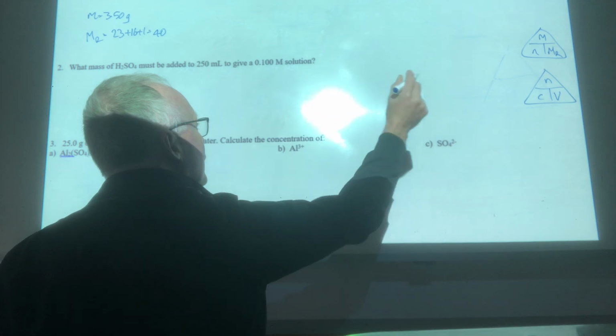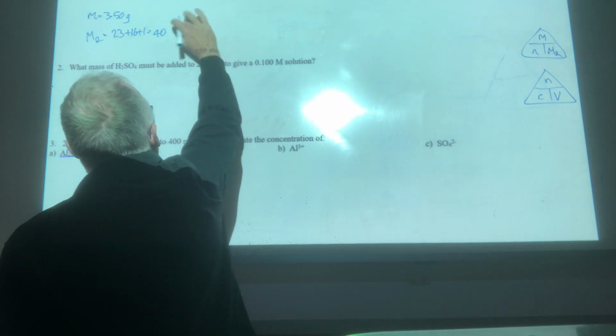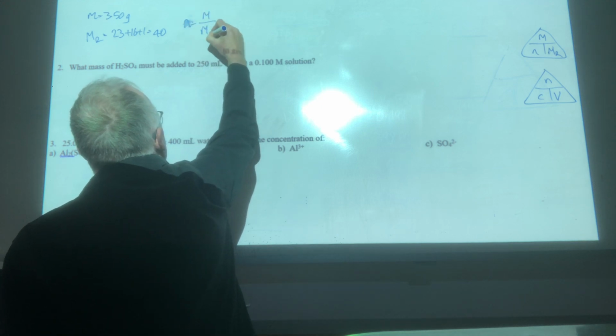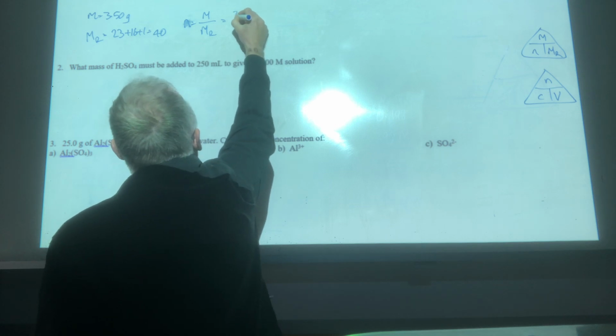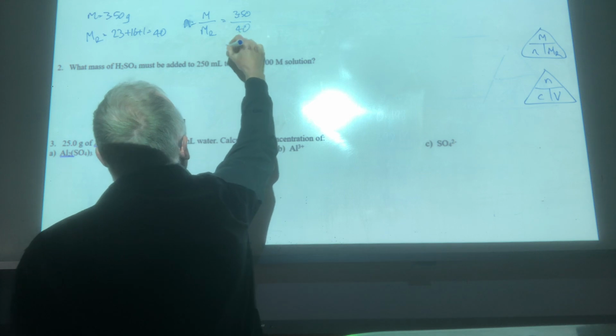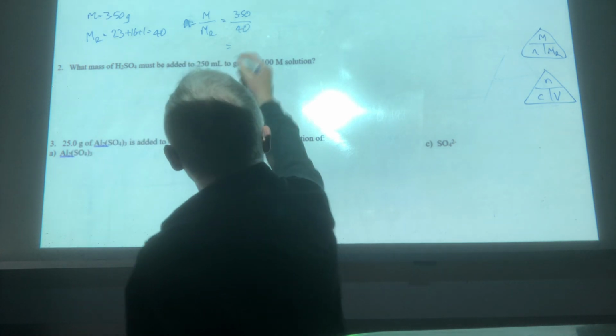So moles equals M over MR. Divided by 40, which equals 0.0875